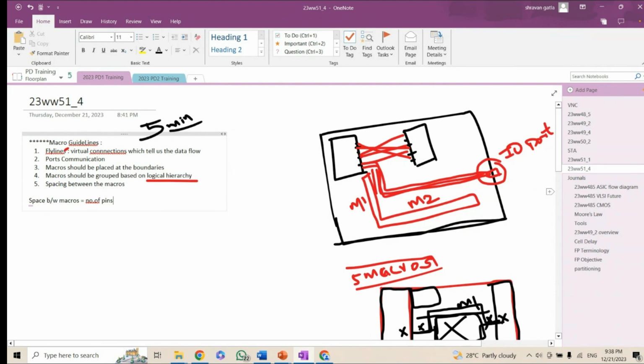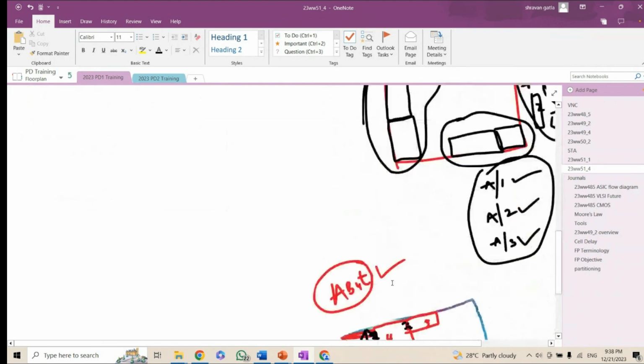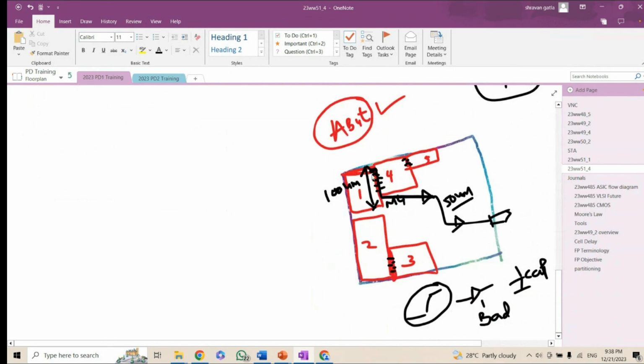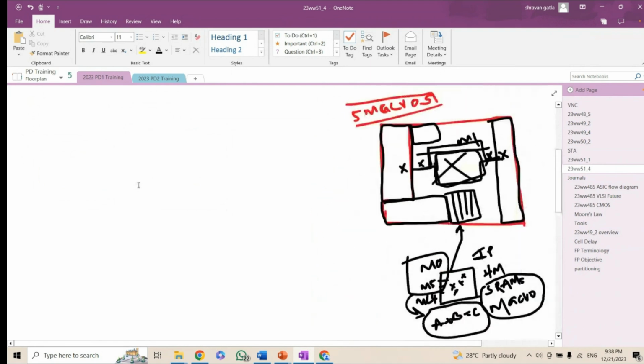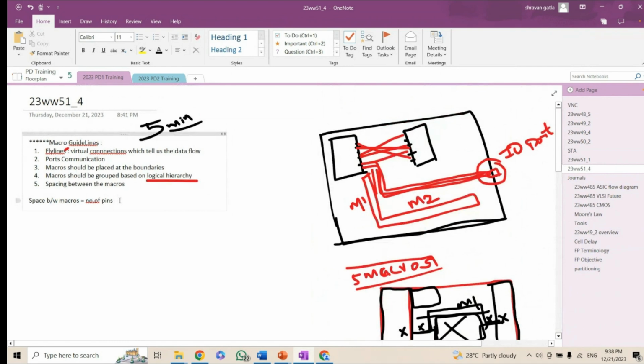I explained here how many pins you have. Let's say one macro has 2 pins and 4 macros have 2 pins, total 4 pins. Number of pins into pitch